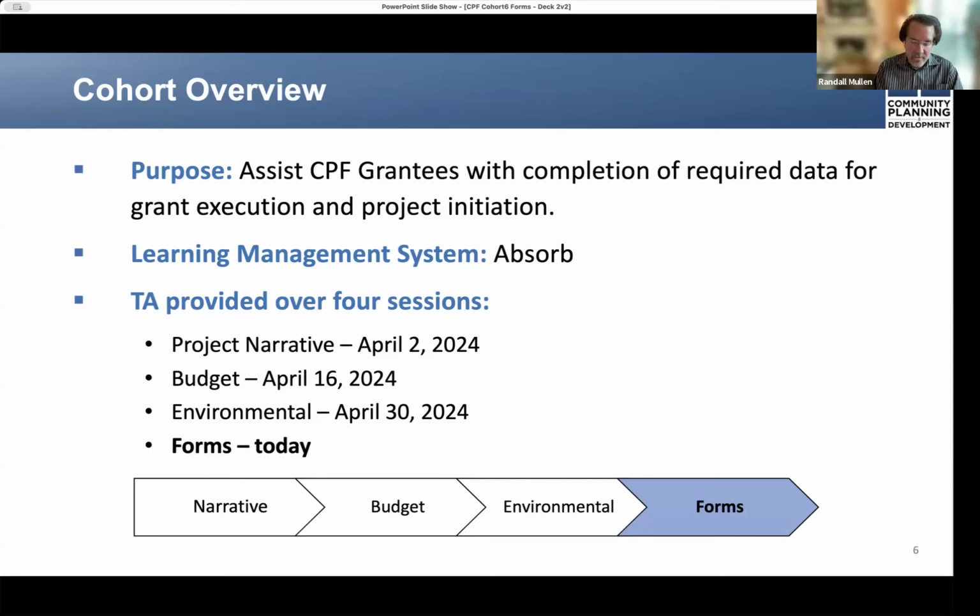And environmental review, when and how to assess the impacts of your project on the surrounding environment and vice versa. Today's session 4 on forms and submissions will specifically assist you with the completion and submission of the required forms and related content necessary to enter into a grant agreement and get started on your community's project.